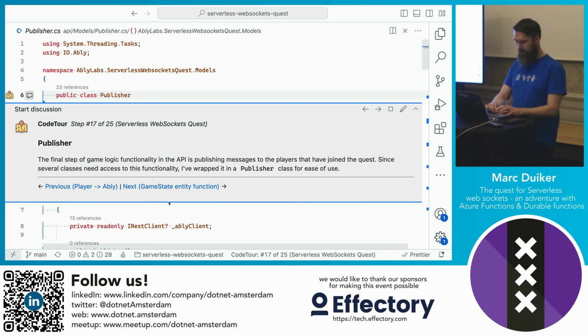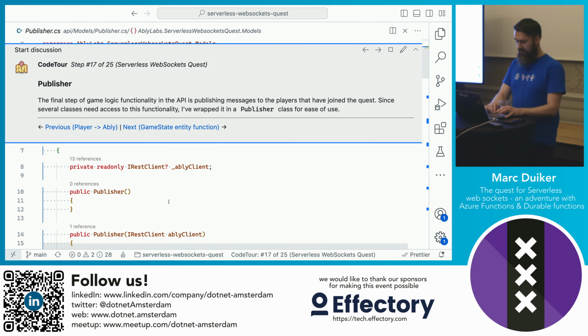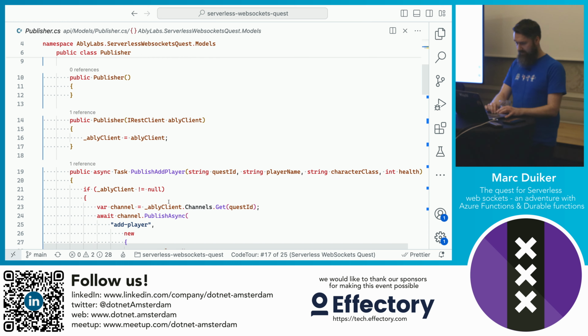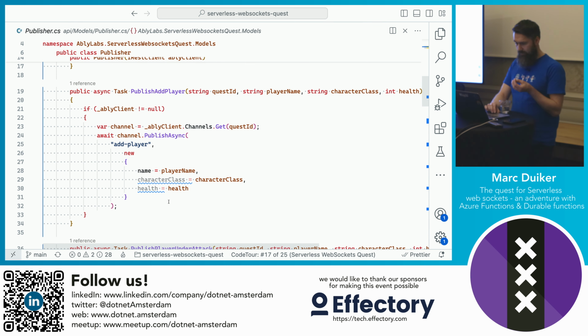So let's have a look at the publisher class, which is this. For each action that I'm doing in the front end, there's a corresponding publisher method. So this is the publish add player. I'm checking if the client is there.